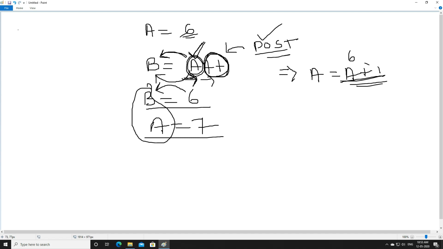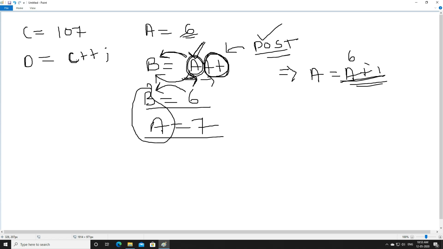Now let's do another example. Here we have c equals 107, right? Now someone has written d equals c++. Tell me, is this an example of pre-increment or post-increment?